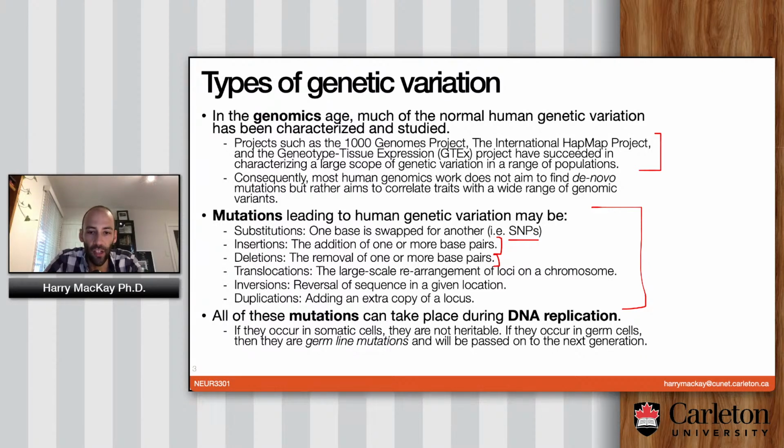There's translocations. These are not terribly common, but they are quite relevant to the process of evolution. This is when large chunks of chromosomes can be moved to different places and rearranged in a structural way. There's also inversions. It's possible for the sequence of DNA in a given area to, through this mutation, essentially flip and reverse. So a gene is suddenly coded backwards from the way it used to be coded. That is possible. And of course, duplications.